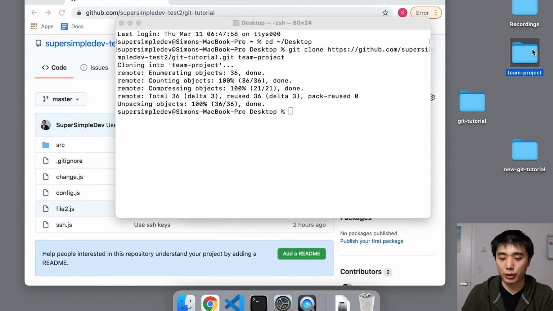And now we just downloaded our team's project onto our computer, and we just work with this as if it's a normal Git repository. So we would go in, make some changes, create a commit, and then git push. And that's how you would handle joining a new team, downloading the project, and then learning how to contribute to the project in GitHub.